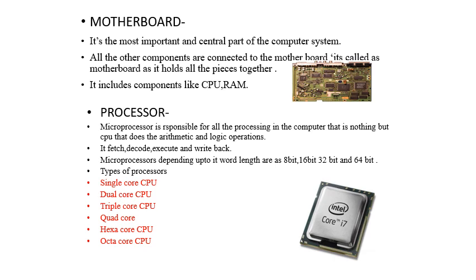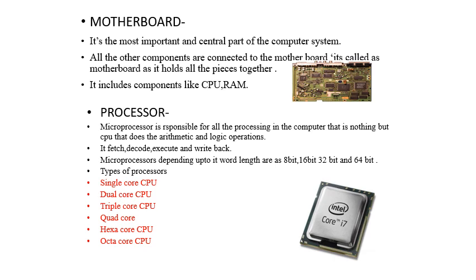So the four tasks that a processor does are: it fetches the data, it decodes it, it executes it, and it writes back. Fetching means taking the input, decode and execute come inside the processing part, and write back means to give it on a display or as output. Understood? Fetching is related to input, decode and execute are related to processing, and write back is related to the output. Okay, this is the task of the processor or a microprocessor. Now depending upon different word lengths, there are different types of processors classified: 8-bit, 16-bit, 32-bit and 64-bit.